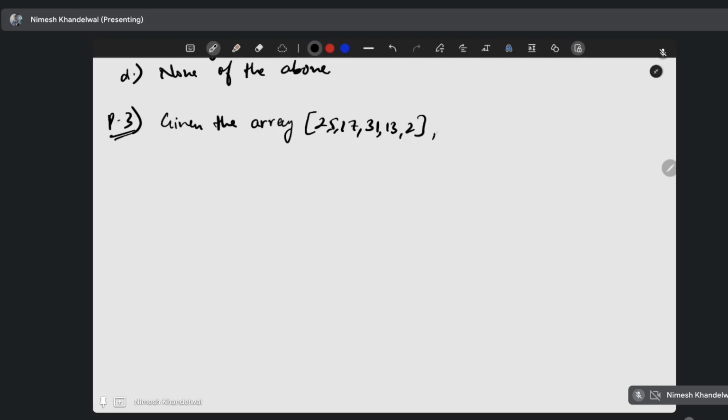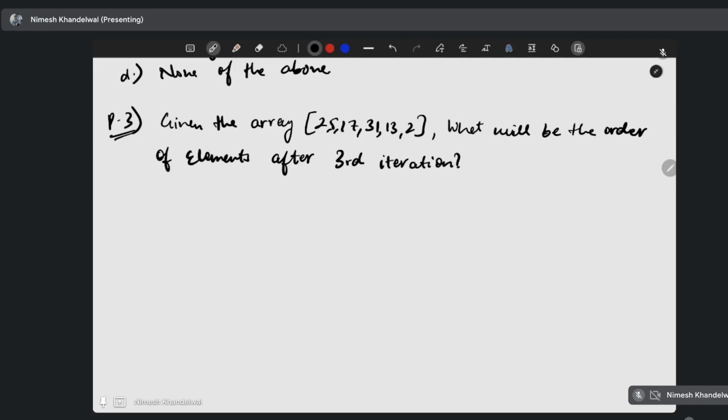Given the array, what will be the order of elements after the third iteration, right? So this question is not asking us, oh yeah, one more thing, if insertion sort is used, right? So